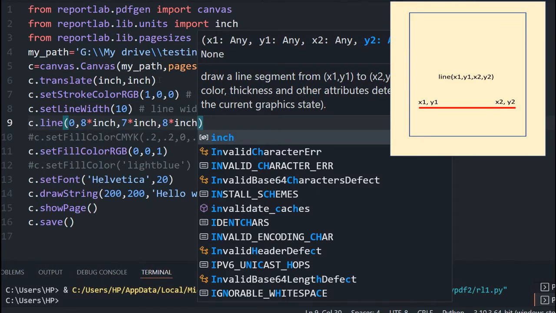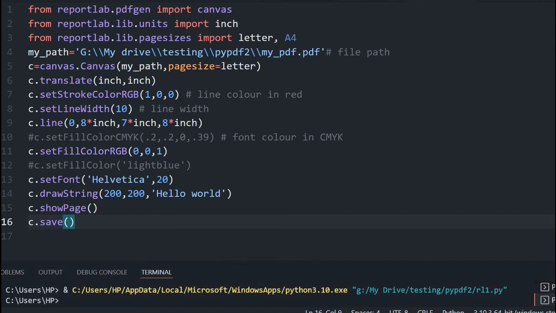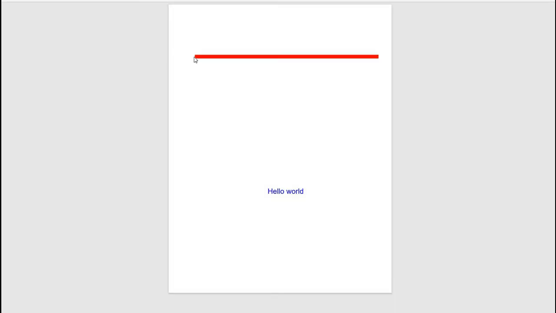So that's all. Now let's just save this, run once. So my pdf.pdf is created. Now let's go here and reload this page. Here you can see this is x1 y1 and this edge is x2 y2. Thickness we have given as 10. Color we have given already as red. So all this line, text, we'll mix it